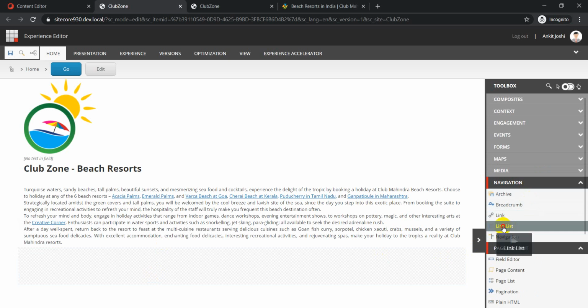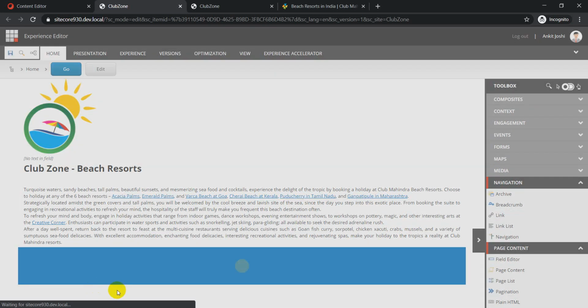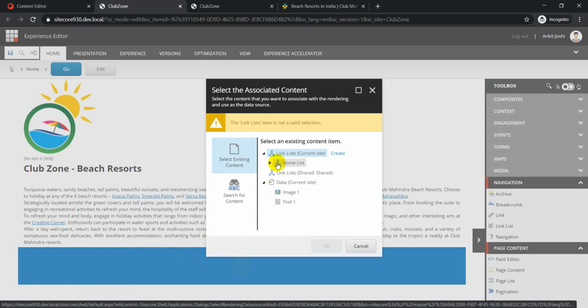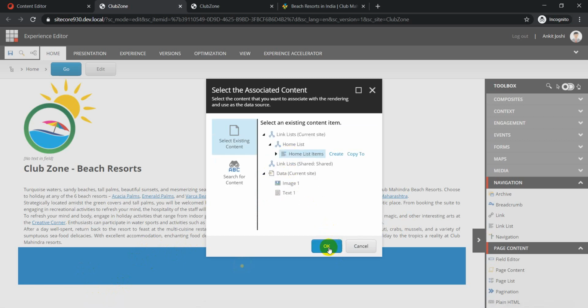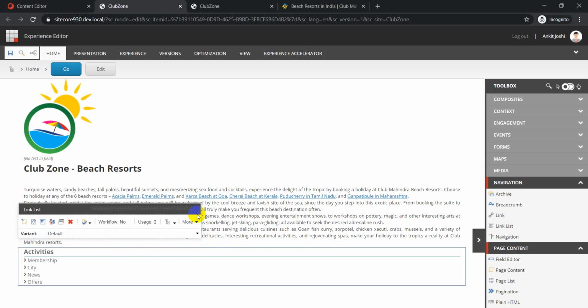So linked list is something which I am kind of interested in here. What I'm going to do is, this is the list which I have already created, right? So just click on that, click on OK. And here you can see we have membership, city, news, and offers created. So this list already exists, but in case you want to have a different list created where you want